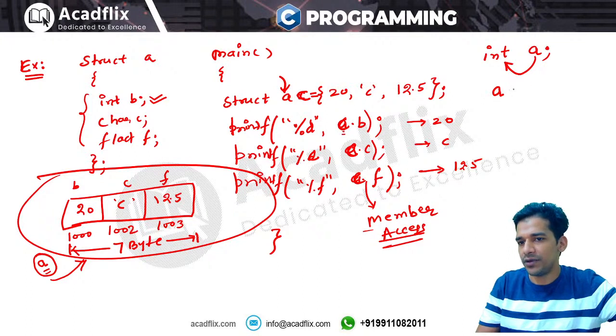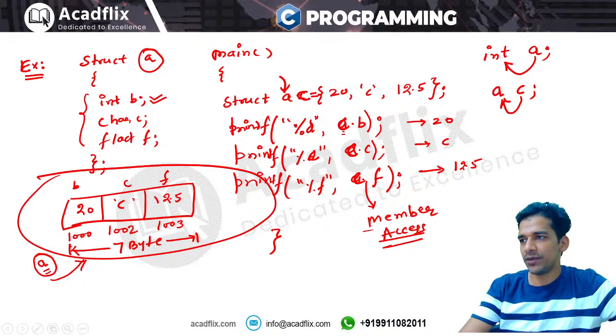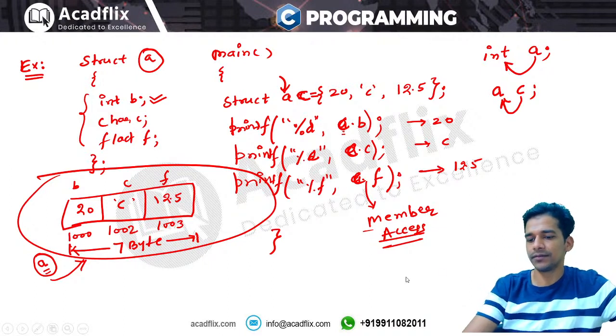Okay, A is a type, so I am declaring a variable C. This means that C is a variable of A type. Just like A is a variable of integer type, just like that C is a variable of A type. A is a new data type which you have constructed, right? So this is your structure. We will see more examples of this. If you have any doubt, I hope you understood this. What is the meaning of this data type, right?